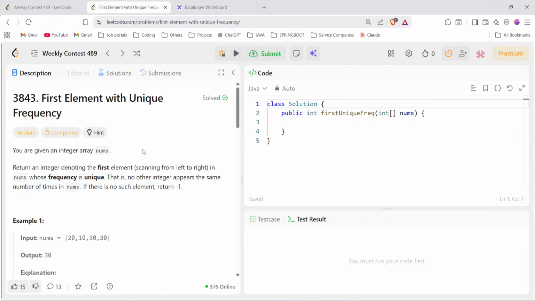Now let's solve the LeetCode weekly contest 418, second problem: first element with unique frequency. You are given an integer array nums. Return the integer denoting the first element, scanning from left to right in nums, whose frequency is unique. That is, no other integer appears the same number of times in nums. If there is no such element,